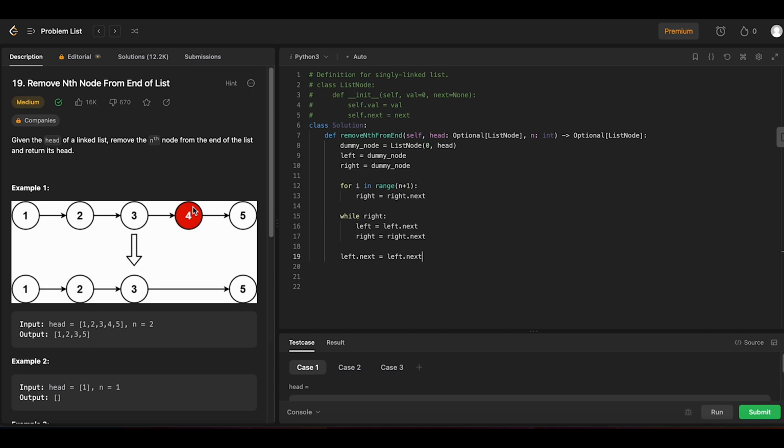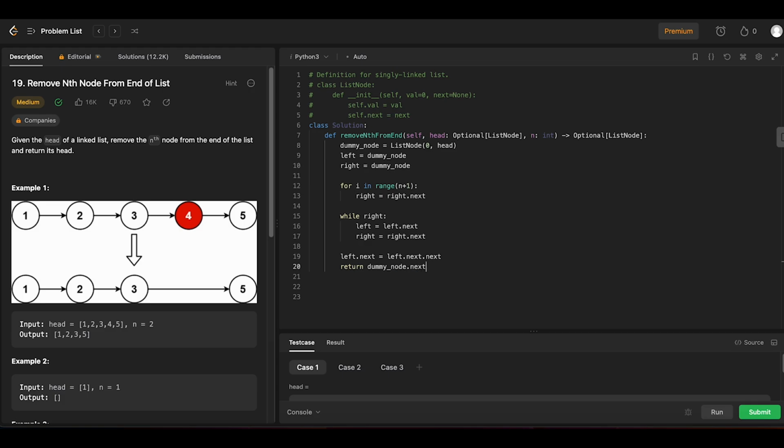So the same place, the same node, but then we're going to say dot next again. So we're going to point to the node that our nth node from the end of the list points to. We're going to skip over it and point to the next node. Okay, so once we do that, we can return dummy node